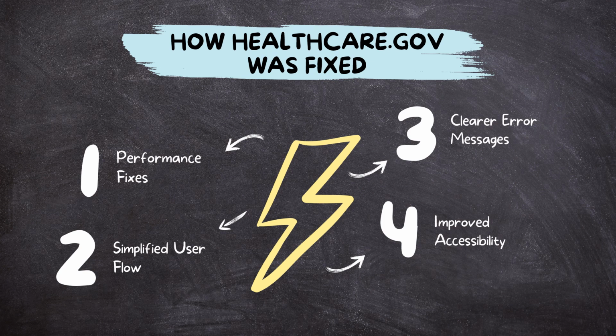Okay? The third one was clearer error messages. So making it easier, say, for users to be able to fix mistakes. If you identify what the mistake is, if you tell me which field my form has a problem with, then I can go in and fix that. But if I don't know, I'm going to get frustrated. I'm going to think that the system is broke, the application or the website is broke, and then I'm going to leave. Unfortunately, people couldn't do that with Healthcare.gov,